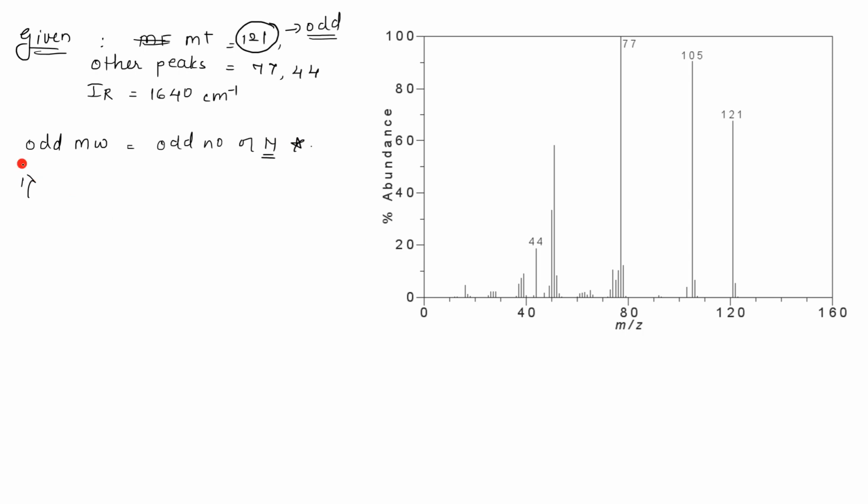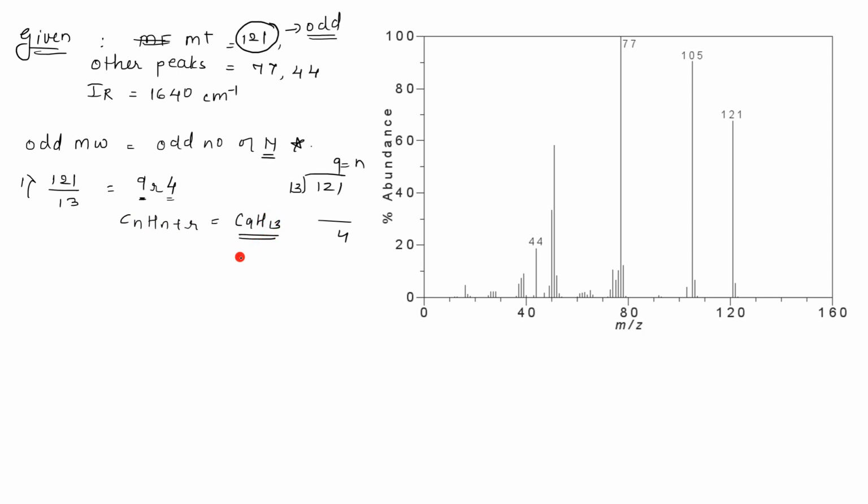Now first, let's apply the 13 rule. Our molecular weight is 121 divided by 13. When you do this calculation, the quotient is n = 9 and the remainder is 4. Sometimes it is written as n R 4, like 9R4, where n stands for the quotient and 4 is the remainder. Now put it in the formula CnHn+r. So you get C9H13.